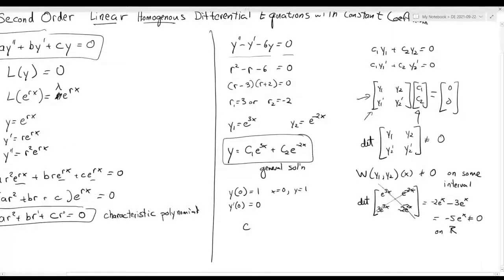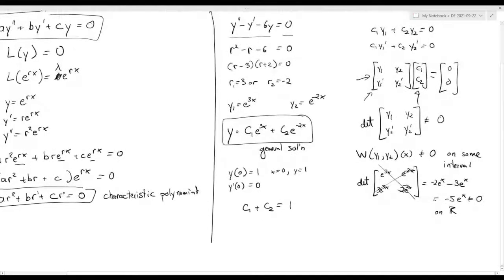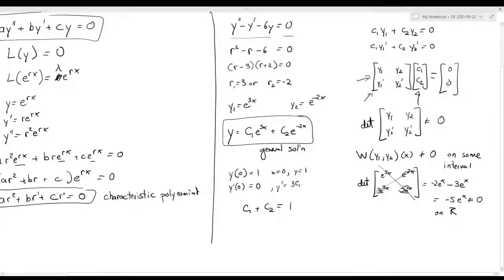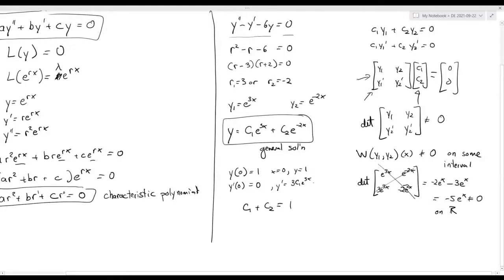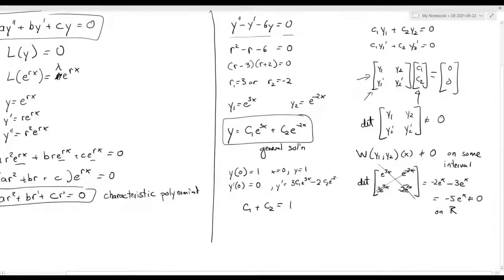And then I have to differentiate, sorry, y prime. Now when x is 0, y prime is 0, so you get